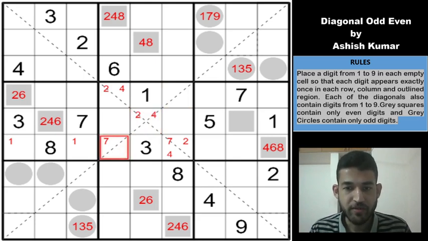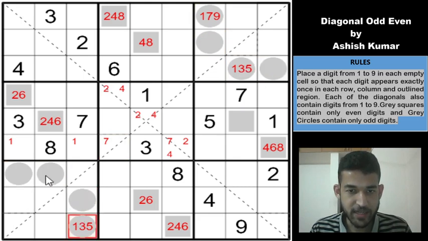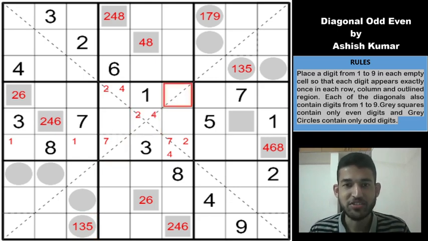So we deduce that between boxes 3 and 7 there must be exactly 3 common odd digits between this box and this box. Which means those 3 odd digits must be going exactly into these cells, right? Fantastic piece of logic. This is a really unique kind of logic. I haven't seen much of this kind of logic in diagonal sudokus. A really excellent piece of logic.